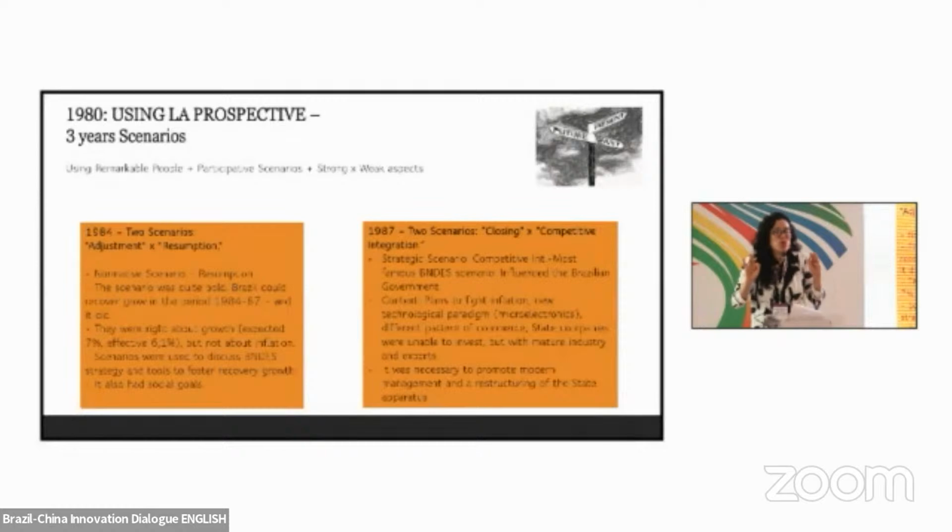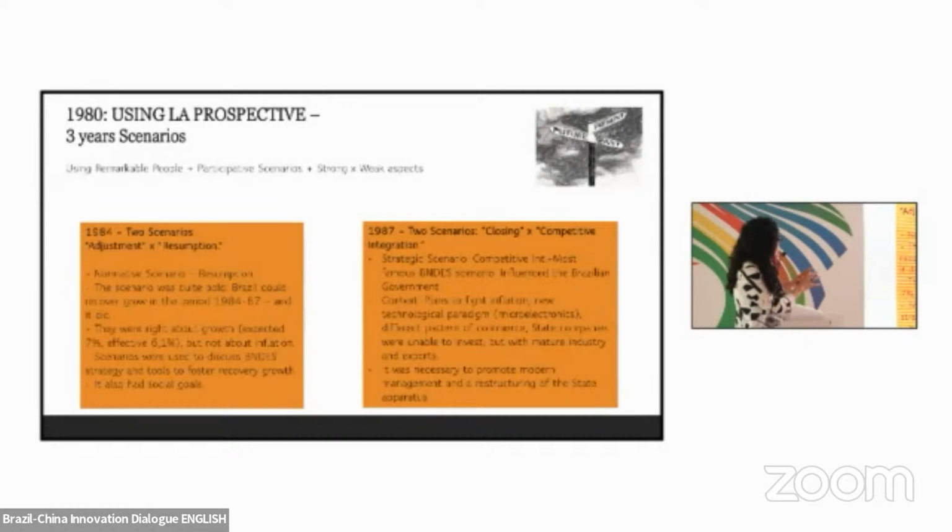What Caixa and Francisco Eduardo will boost is the idea that Brazil is ready to grow. It can grow from the point of view of its real structure, with its entrepreneurs. And they were not wrong, because in fact the forecast of growth was 7% for 84-87. The effective growth was 6.1, because we had a boom of the Cruzado plan. So in spite of the 80s being a lost decade, we had 3 years of very high growth, boosted by the Cruzado plan.